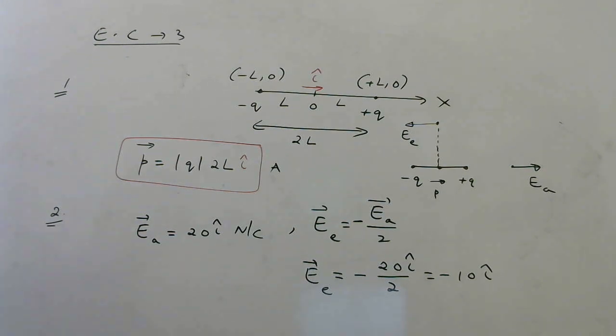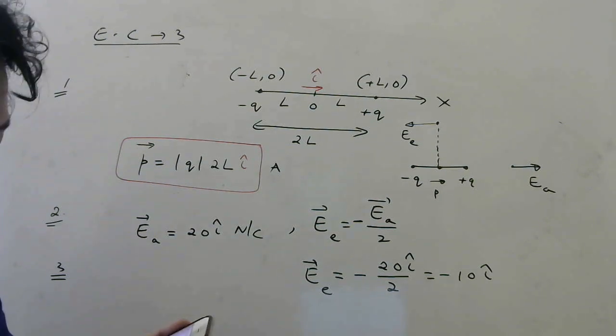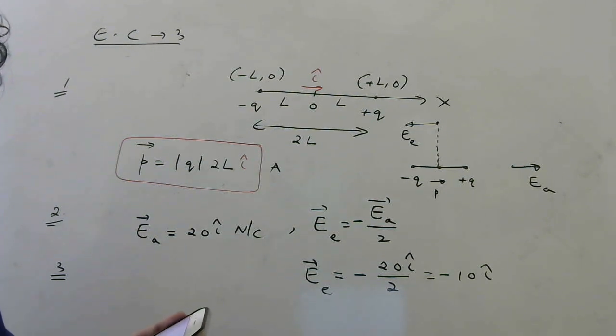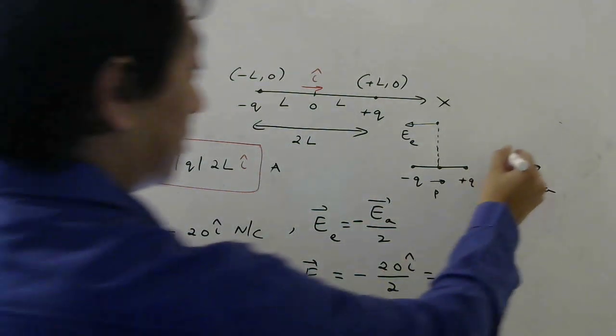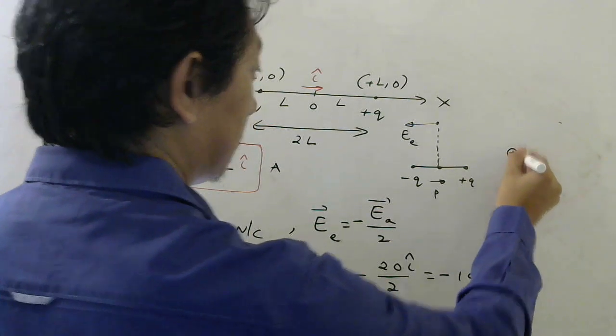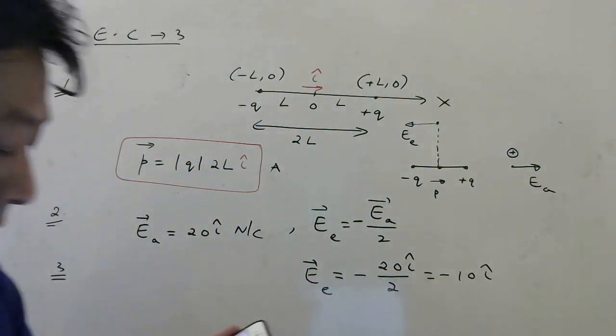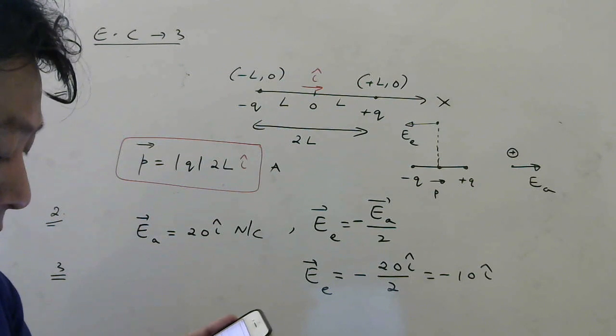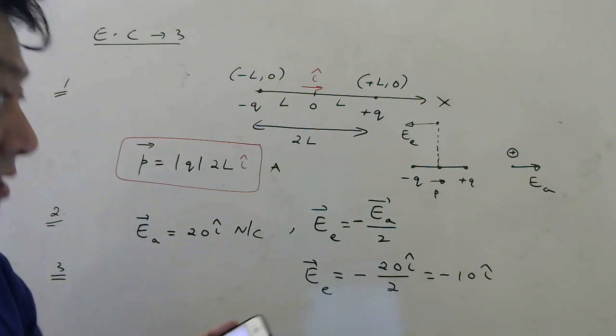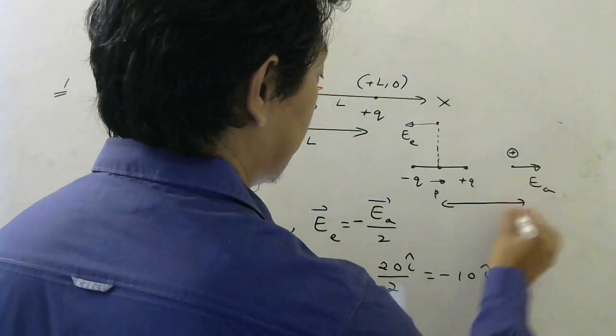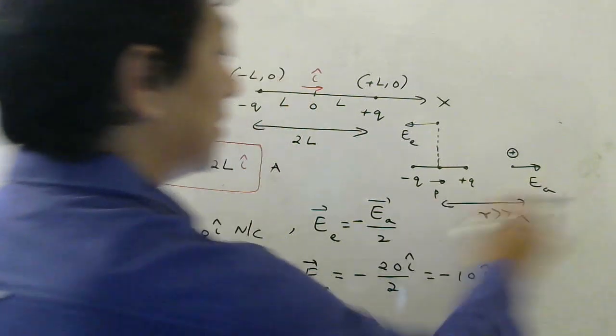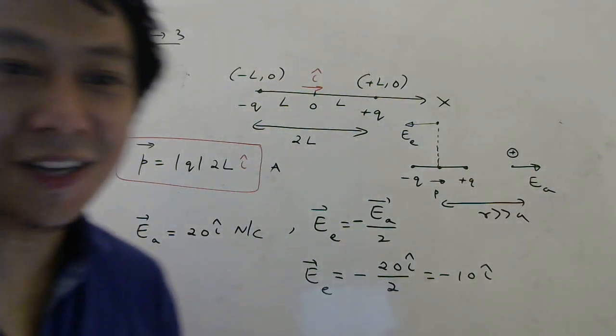Question number 3. Okay, here let me do. It says a point charge placed at any point on the axis of the electric dipole. So there is a point charge here, which is kept at some distance on the axis at some large distance. So this distance is large. If distance is large, you know you can treat the dipole as a short dipole.